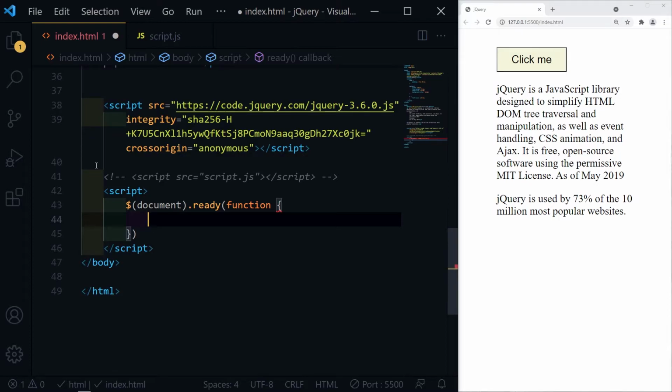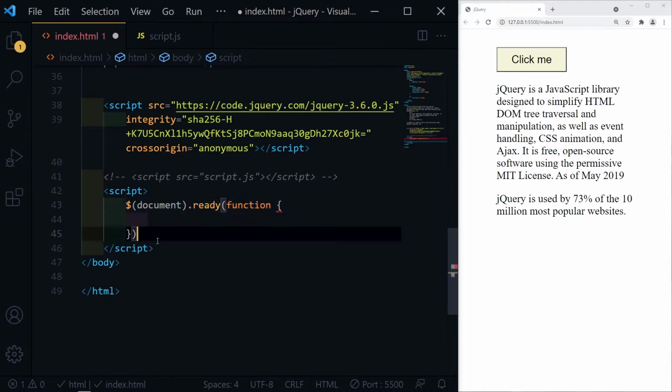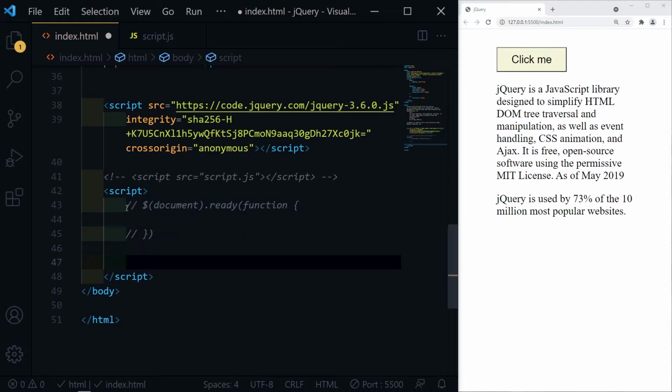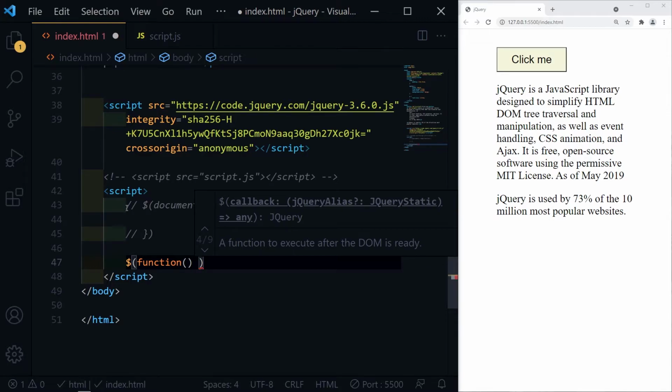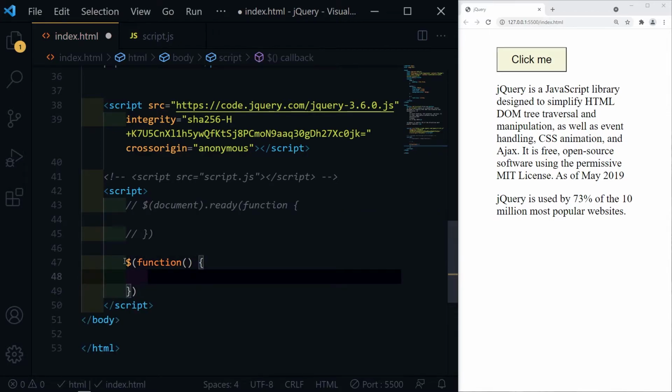For example, trying to hide an element that is not created yet, or trying to get the size of an image that is not loaded yet. jQuery has even shorter method for the document ready event. We can write $(function). The dollar represents the jQuery.